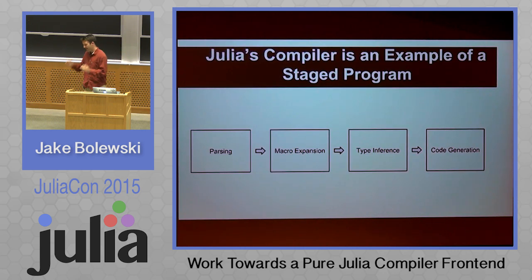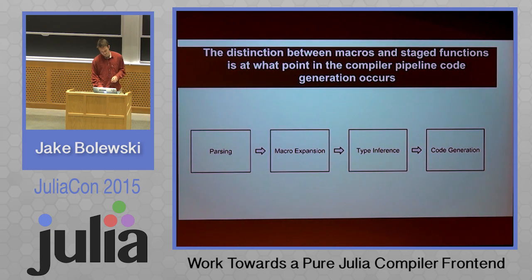So Julia's compiler is an example of staged programming, right? I mean, you have explicit phases in the compiler: you have your parsing, your macro expansion, your type inference, and your code generation. And since staged programming is a lot about runtime code generation, at least in the Lisp tradition, mostly it takes the form of